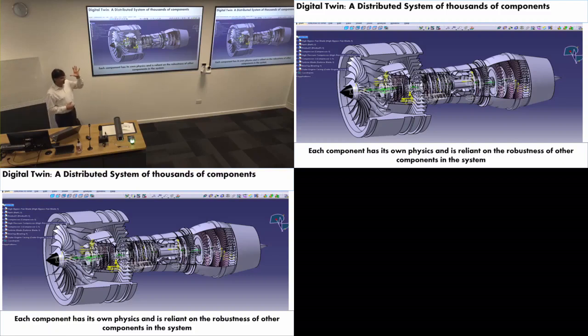So that is another challenge that I wanted to see when you build large-scale digital twins. So that's to some extent a distributed system of thousands of components that have their own physics and data, and they need to be orchestrated in a particular way so that the overall message is compliant with the wider physics models that the mechanical engineers or the domain experts have established.